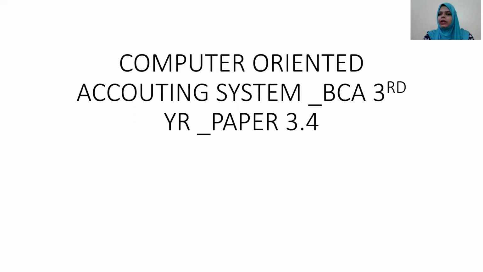We did a random 10 transactions in the last video, the last Google Meet class I discussed with you. Today we will take particular subheadings to understand wisely why a transaction takes place and why we write certain journal entries for certain transactions. In this video, we will study subheadings like capital and drawings, purchase and sales, purchase return and sales return, bad debts, bad debts recovered, and loan account.